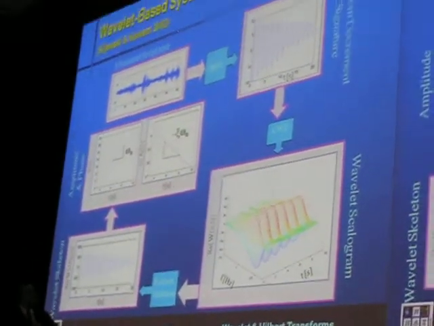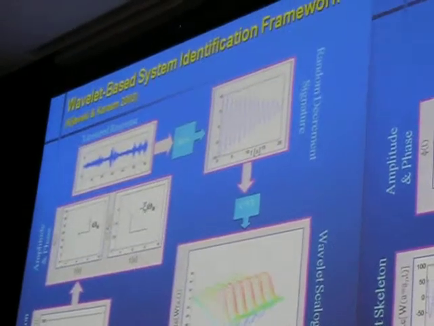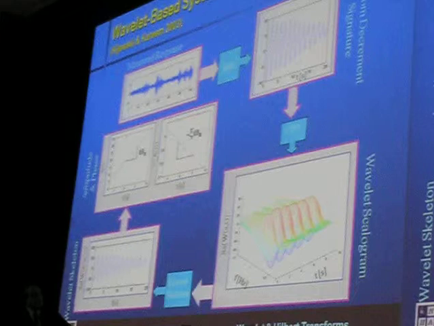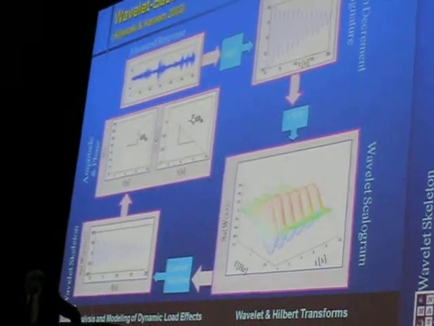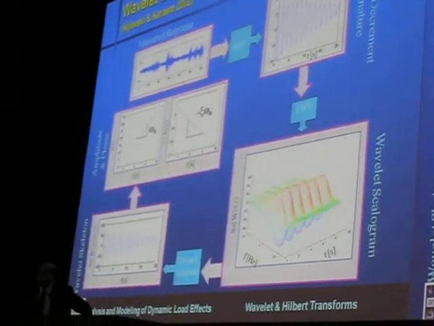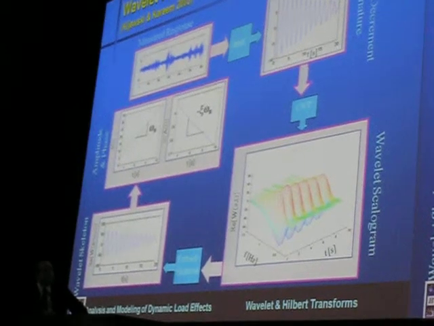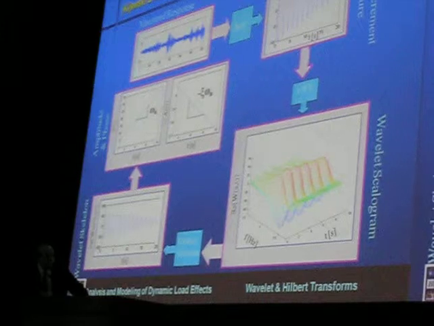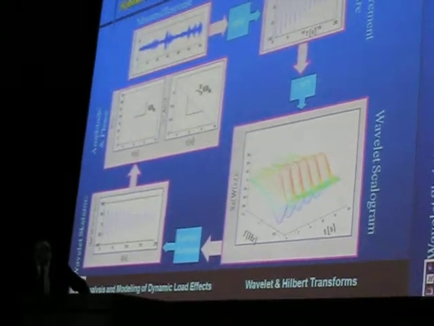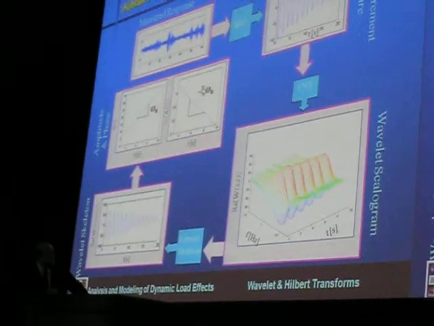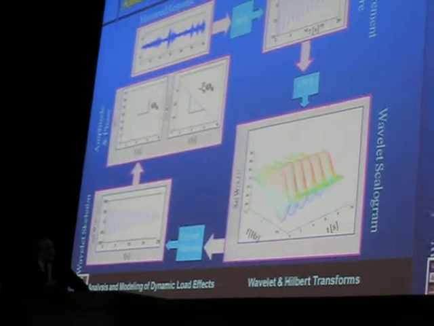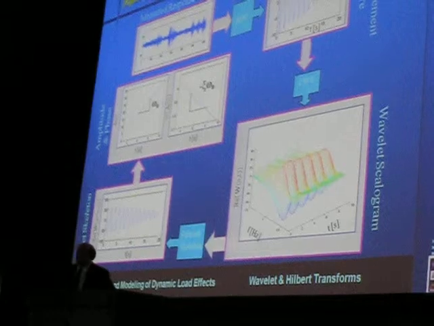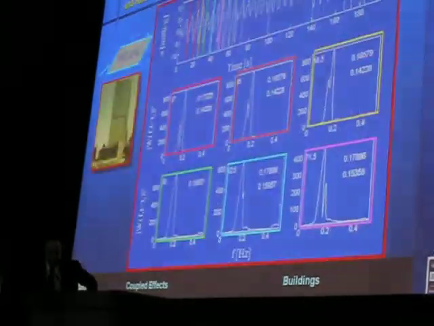Here is a case of a signal from a response of a tower, and if you do random decrement method, you will see there are some oscillations in there. You cannot get a reliable analysis of damping from this. So one way to do is, take a wavelet transform and pick up the frequency at which you want to find the damping. And here is a resulting decrement. As you can see, there is no waviness in there. Then you can go with Hilbert transform to get your frequency and the damping value.